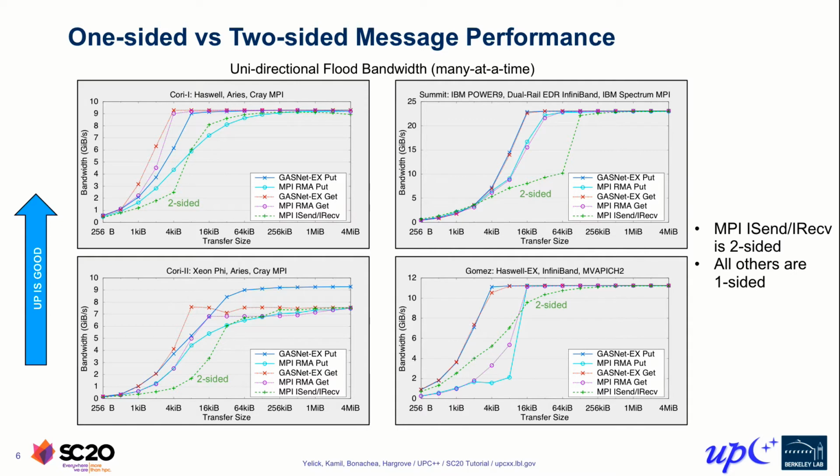Now, eventually on each of the architectures, you should be able to get to peak performance with any of the models, and that's true on all of them except the Cori 2, which is the Xeon Phi, the KNL nodes of Cori. But typically on most machines, we'll see all of them asymptoting to the same line. The one exception, where we see some difference, where the two-sided model is actually faster than the one-sided model, is looking at the MPI implementation in the lower right on this system called Gomez. In that case, it looks like the MPI one-sided, the RMA implementation, probably needs to be optimized further.